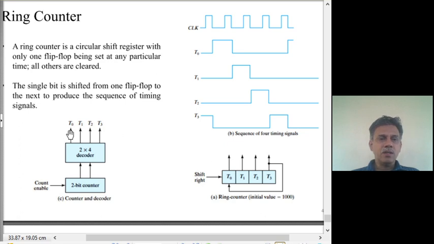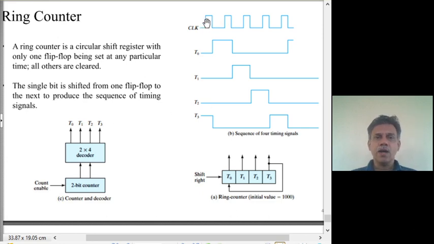That is, to begin with, T0 has to be 1, others have to be 0. So we will have a pattern 1 0 0 0. Next, T1 becomes 1 while others are 0. Then T2 should become 1, others are 0. Then T3, and then again it goes back to T0. So you can visualize that there is a bit pattern 1 0 0 0. It rotates, that 1 goes through the lines 1 clock at a time.